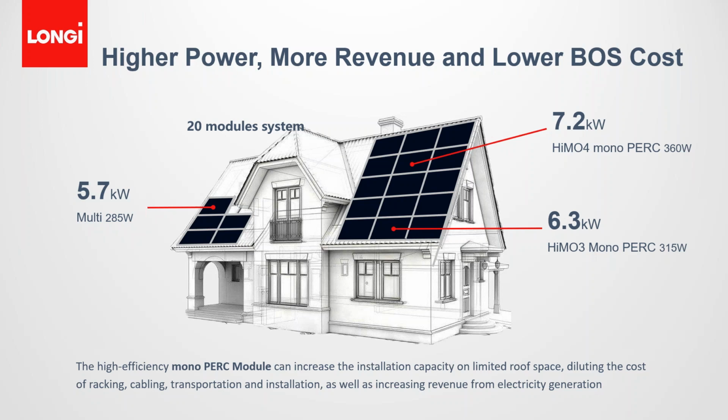will generate 7.2 kilowatts. And the high efficiency mono PERC modules can increase the installation capacity, right? With limited space, because rooftop is always limited space, this can effectively dilute the cost of the BOS, right? The BOS components, the racking is pretty much the same, the cabling and transportation, installation, and as well as with the higher power output, you can increase also the revenue from the